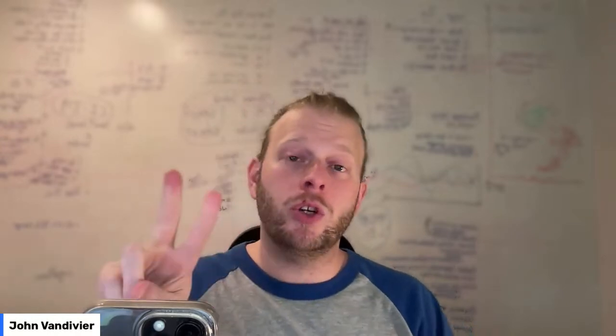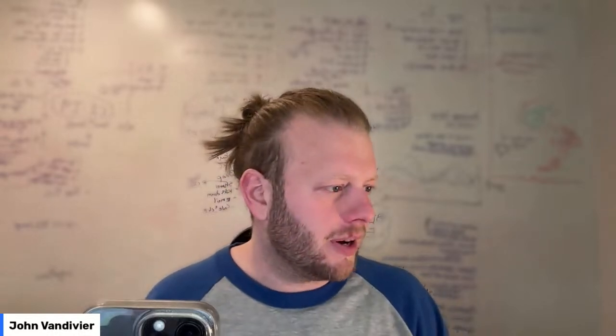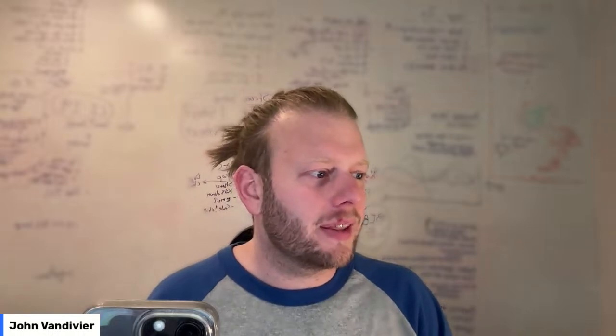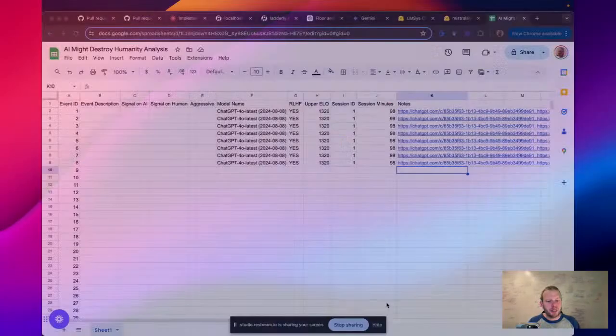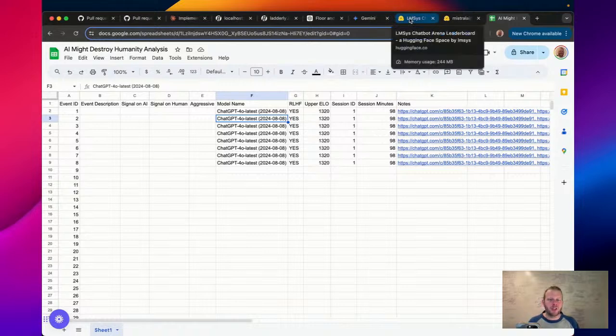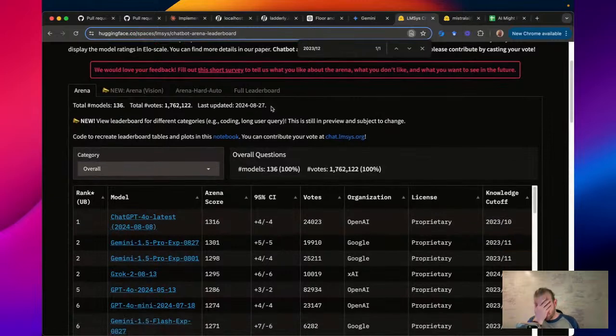And this is part 2 of game-based AI bias analysis. Let me go ahead and show you a spreadsheet. In part 1, we dealt with ChatGPT version 4.0, the latest as of August 8th. This is a high competence model, a premium model at the top of the LMSYS leaderboard. Couple problems with that analysis. It was a pretty good analysis, but to make it more robust and more general, we need to inspect some